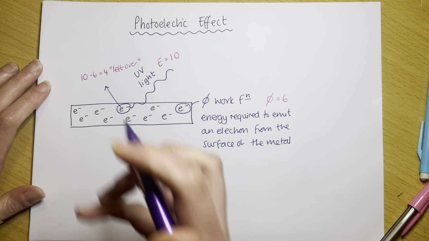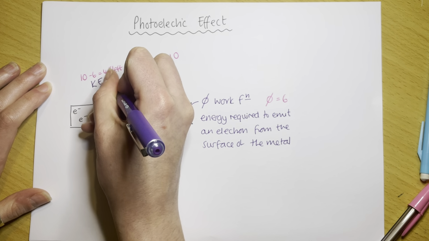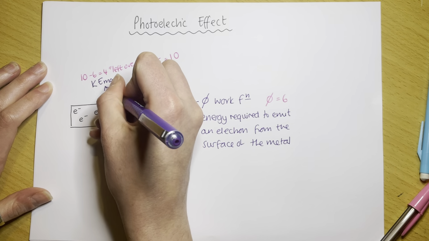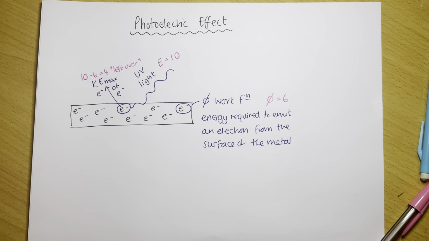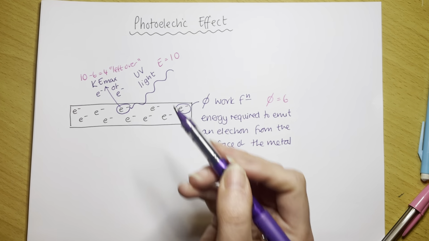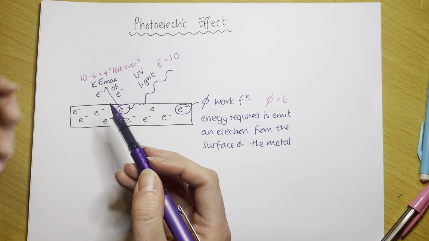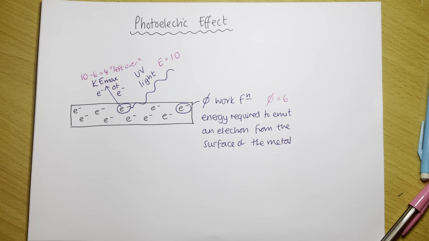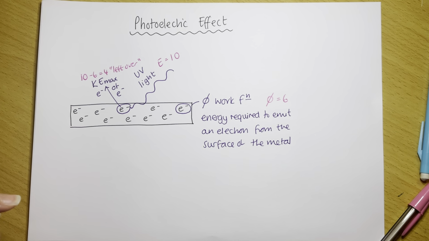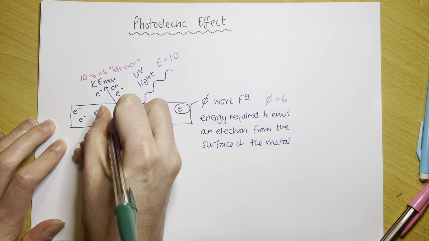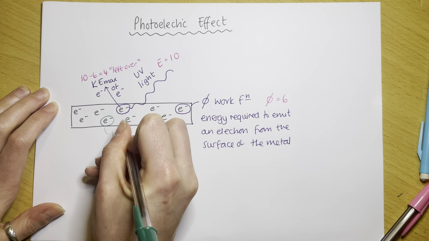And that left over is going to be the maximum KE of the electron. So the electron is ejected out of the metal, and any energy that it was given by the light that's left over once you've taken the work function out of the way goes to the kinetic energy of the electron. But we write KE max because if, say, instead of this electron here, we want to make this electron escape, this electron needs more energy to escape